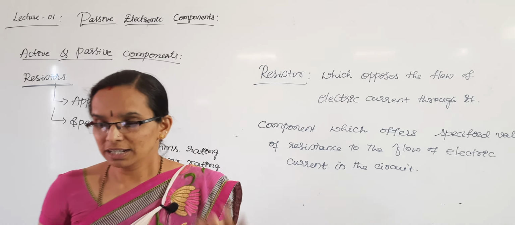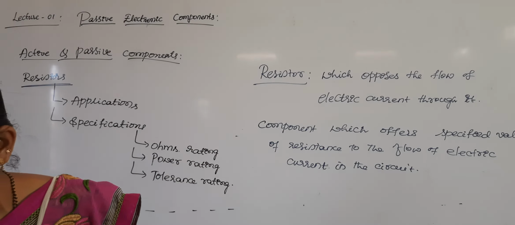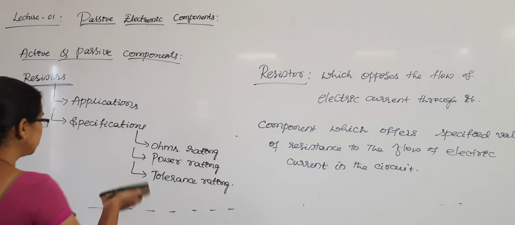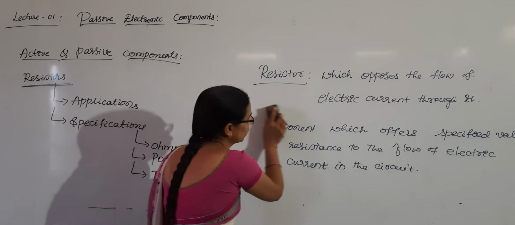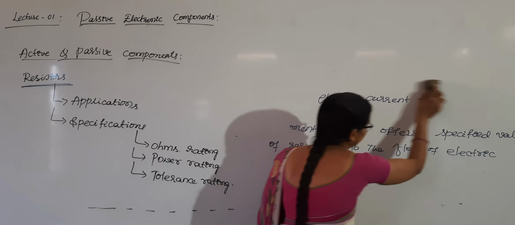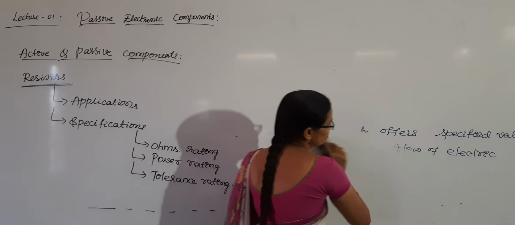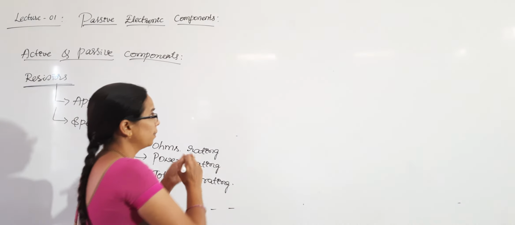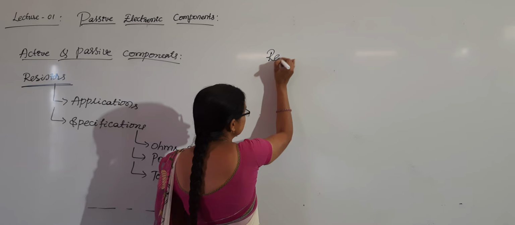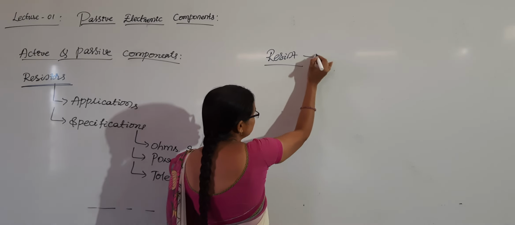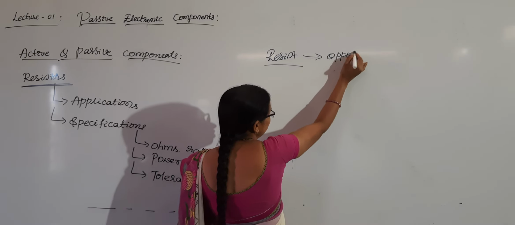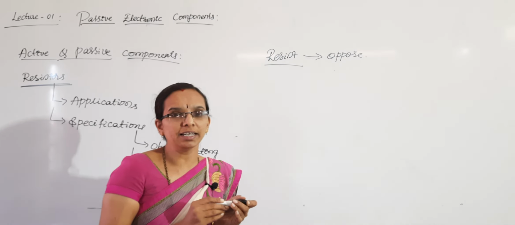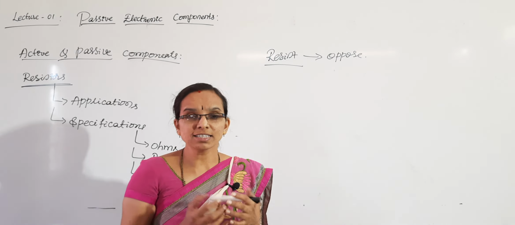So, a resistor is a component which offers a specified value of resistance in the circuit. However you want, you can write. For both the definitions, you will get marks. And resist, what is the dictionary meaning of resist? That is oppose. Any material you take will have at least a little or more